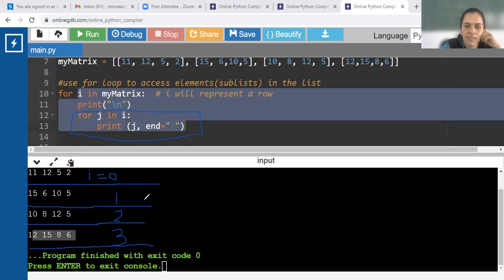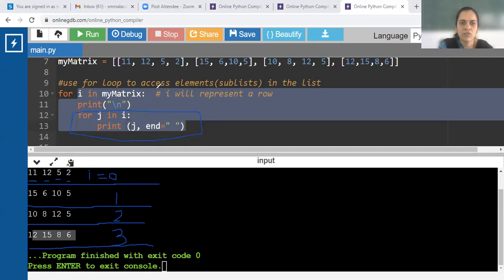Yes, everybody try to answer. Aditya and Harshika have answered. Not overall. Yes, you are right. But in each iteration, for I equal to 0, how many times will the inner for loop execute? For I equal to 1, how many times? Yes, 4 times, because it has to display these 4 elements. So J will vary from index number 0 to 3. So it will execute 4 times in this situation.